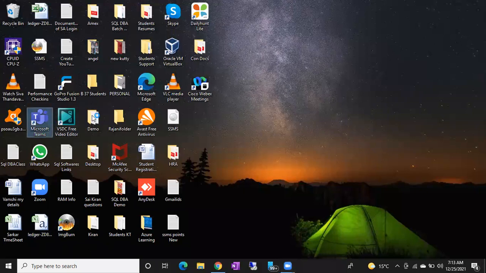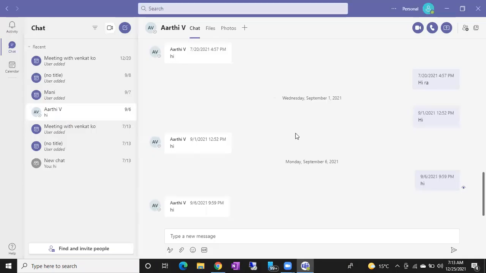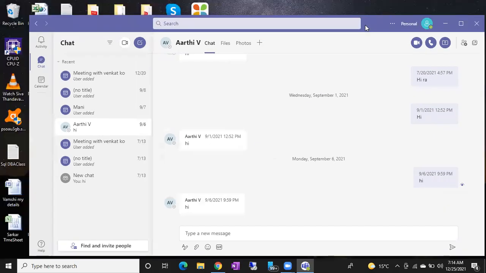Yes, sir. So install Teams, and interviews and all will be scheduled. Most of the interviews will be scheduled in Teams only. So install Teams also and make sure you are at least comfortable with Teams. Right, so this is how you can see the Teams. You can see my screen, right? Everyone can see my screen, right? This is the Teams screen.